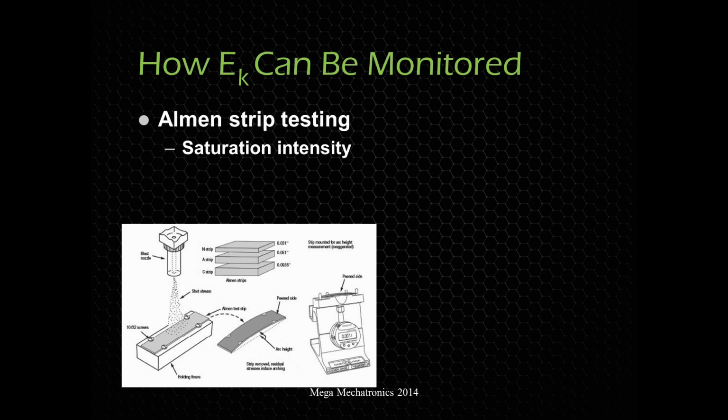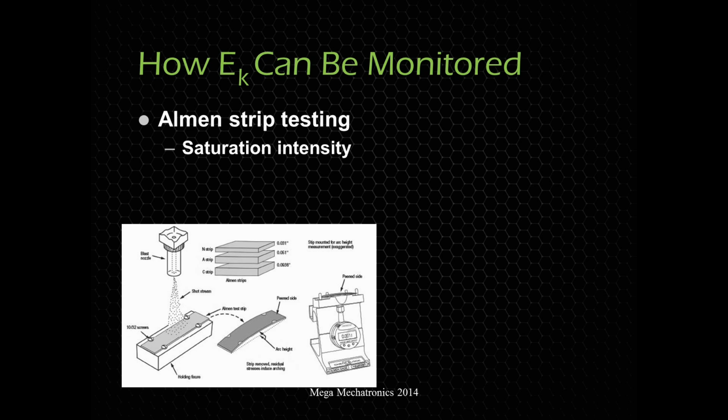I can't remember the size off the top of my head, but you could Google that stuff, almond strip. So there's different strip standards. We have the N strip, A strip, and C strip. The only difference there is the thickness of that strip. So in our little model here, we have our blast nozzle shooting the shot at the surface, and the almond